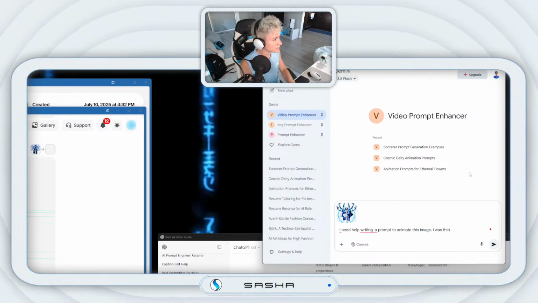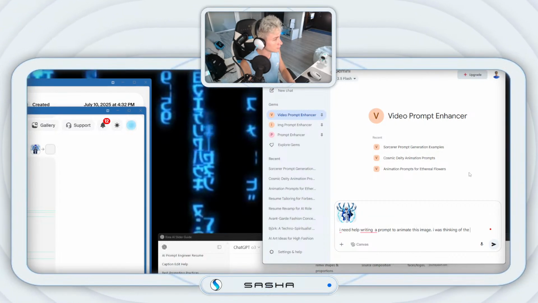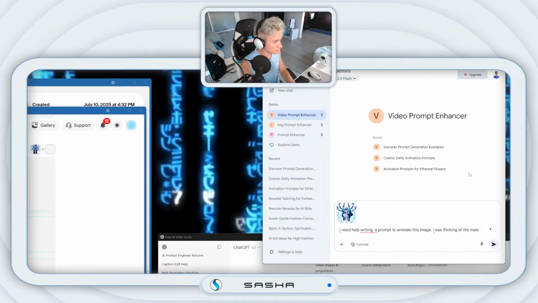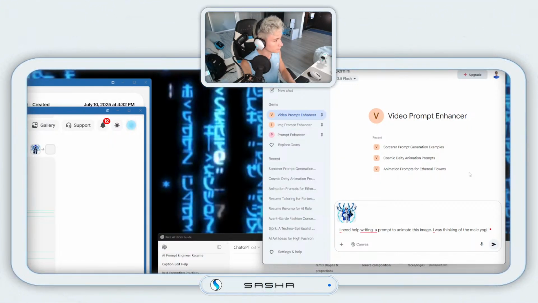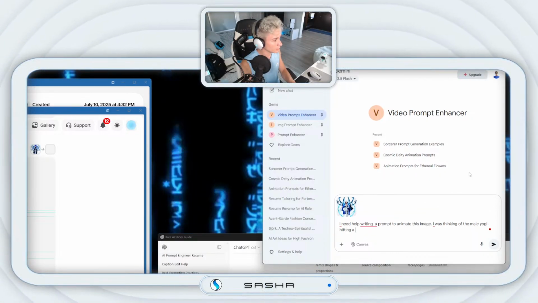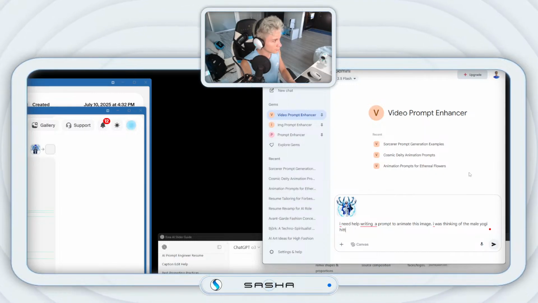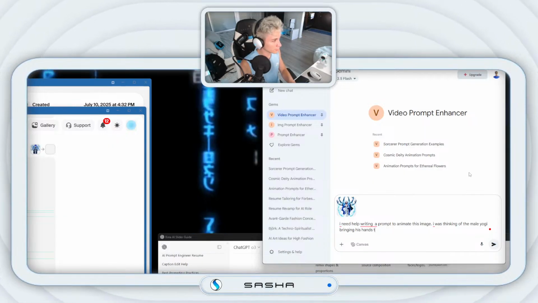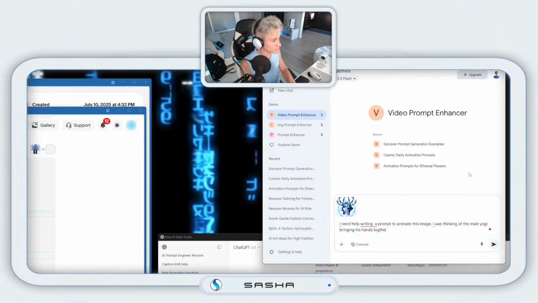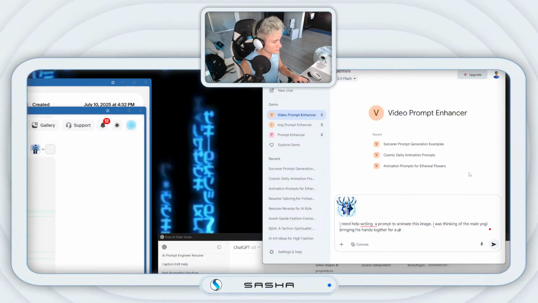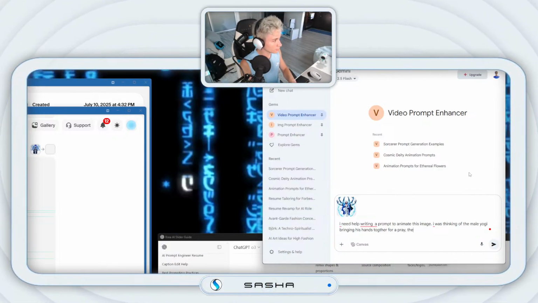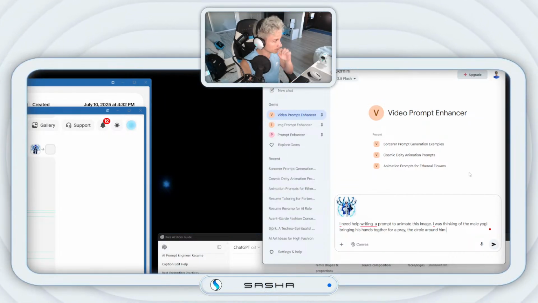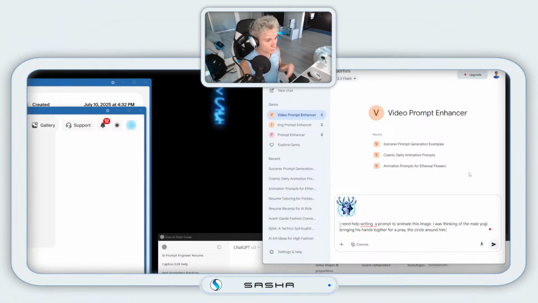I was thinking of the male yogi bringing his hands together for a prayer. The circle around him rings or